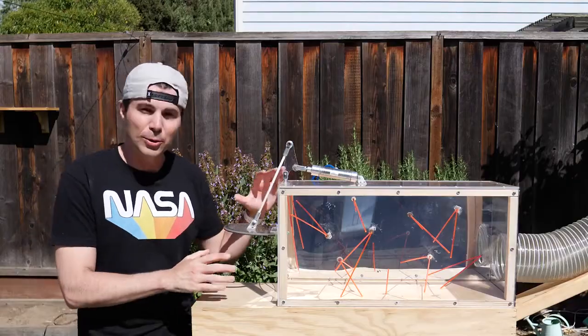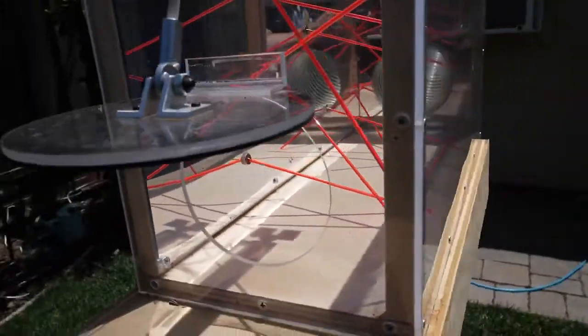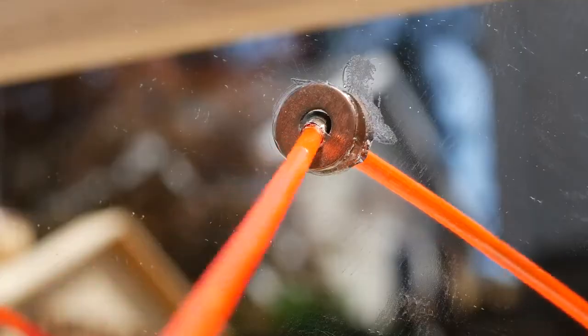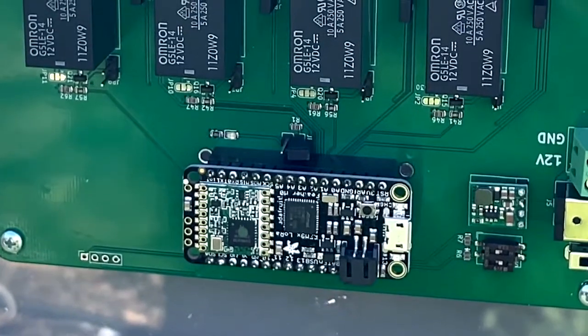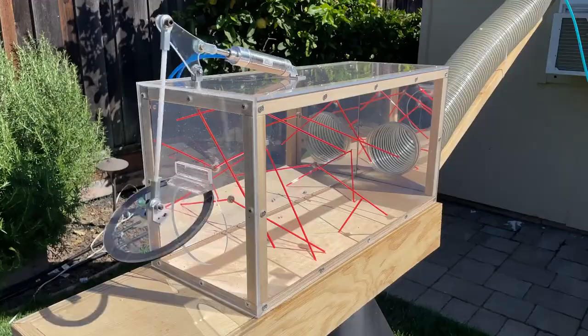And for the penultimate challenge, it's back down from the air ducts through this laser maze where they'll have to harness their inner Catherine Zeta-Jones. If they sufficiently touch any of the lasers, the metal base contacts and completes the circuit, which sends a signal from this microcontroller to a relay to a solenoid, which causes this pneumatic piston to fire, which slams this door